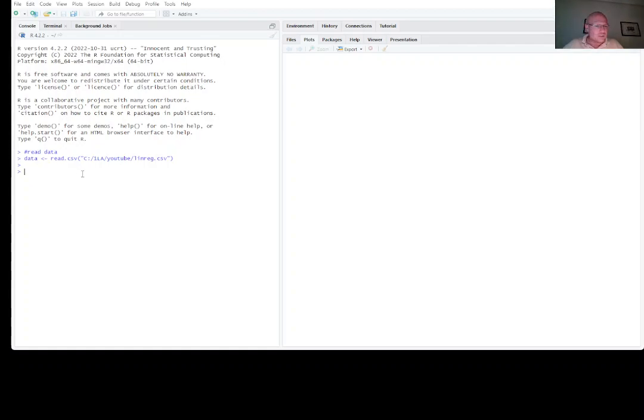Now we have to define the variables. We open the data file, but we have to define the variables. So the data file has a predictor variable x and a response variable y, which we can define as follows. We just, let's see, a note for myself, define variables, and x as a column x in the data file